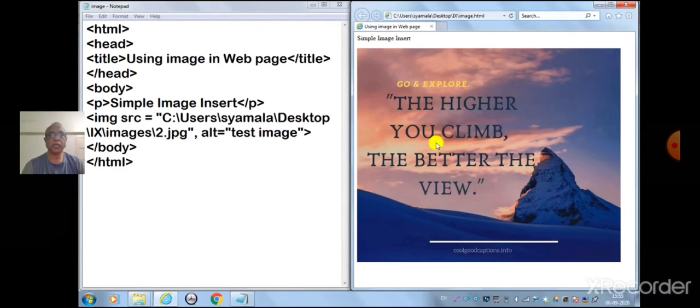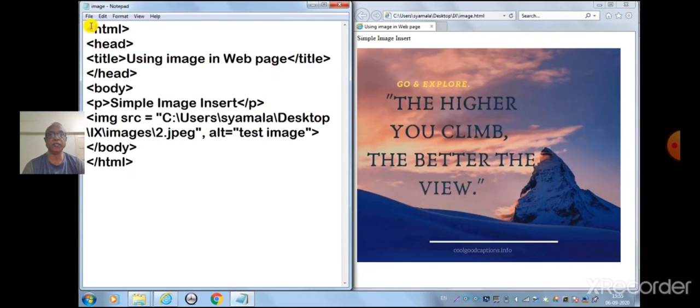Now suppose I make changes in the extension of the file, that is 2.jpg, and instead of 2.jpg, I write 2.jpeg. What happens to the output? Save the file and refresh the browser.